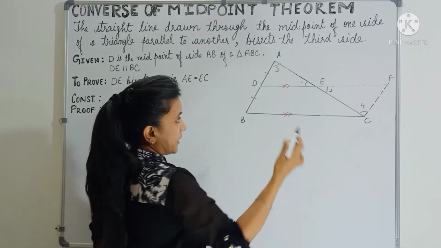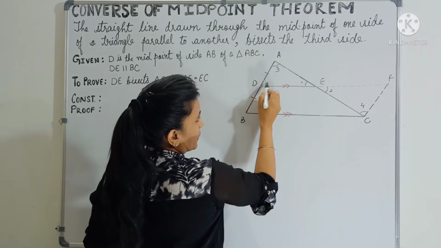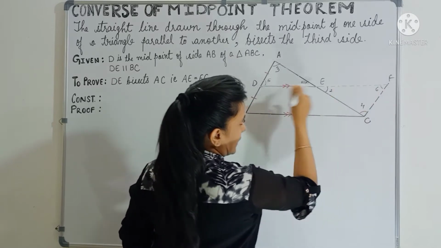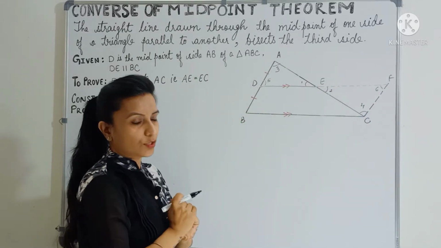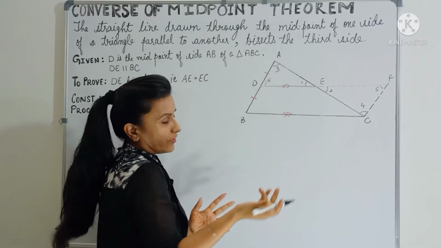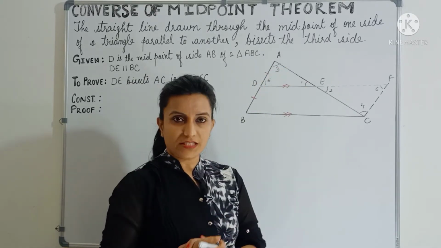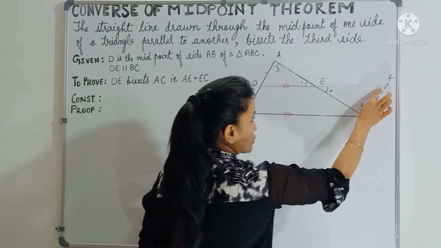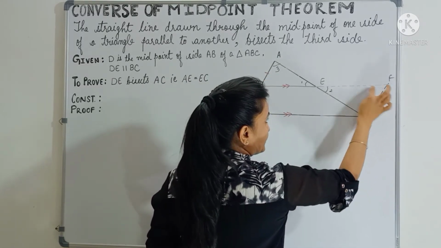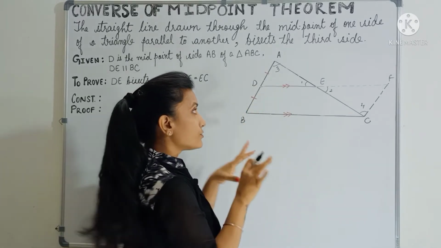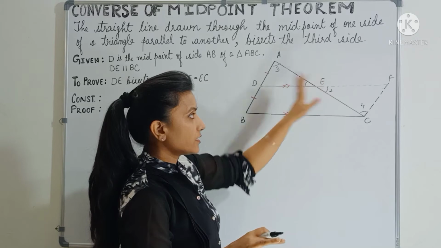If you are thinking that I can say that angle, which one? Yeah, angle 5 is equal to angle 6. Can I take that? No, I can't take that, because it becomes AAA and we don't have AAA congruency criteria, right? So we can't take this. So here we have to show first that any two sides in both the triangles are equal, right? So right now I can't show the triangles are congruent.